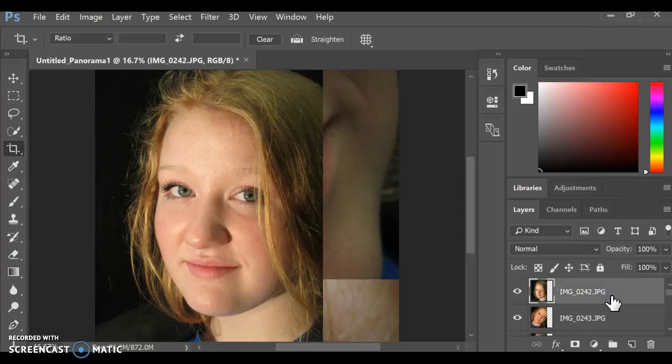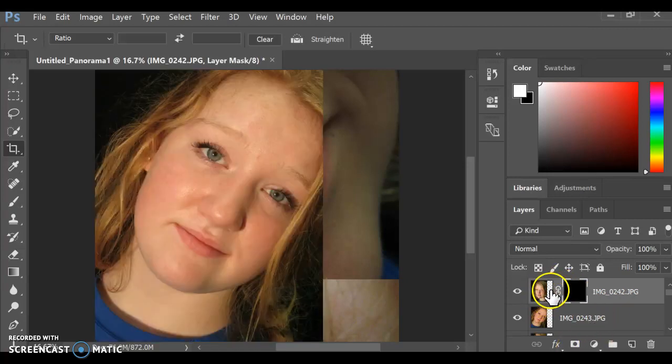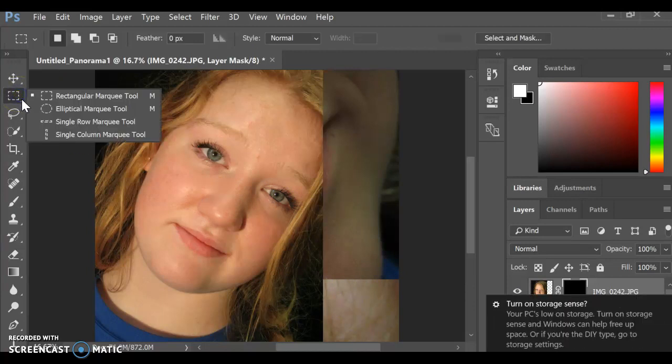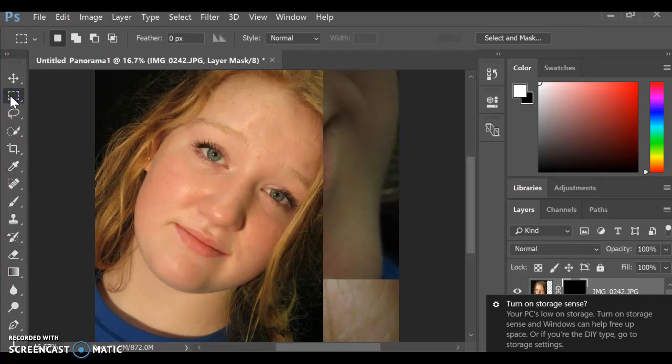So once I've selected my top layer, I'm going to hold down Alt, and I'm going to create a layer mask. Notice how it just made that layer disappear. I'm now going to go back and start to reveal some of that layer. I'm going to use the rectangular marquee tool. You could choose to use the elliptical if you wanted. Maybe you might want to do, instead of cubism, circleism. But I'm going to start out with this, and I'm going to go over and